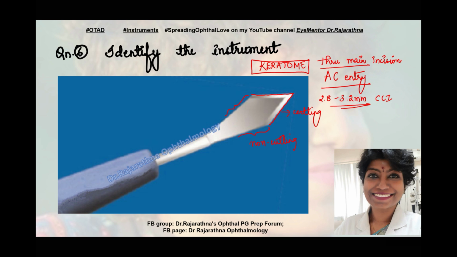Now for SICS, if you use this, later you'll have to again extend the incision when you have to implant the IOL. So then we take another keratome of a little larger size, somewhere between 4.5 to 5.5 if you're putting in a non-foldable IOL, a rigid IOL. Now 2.8 to 3.2, your phacoprobe will go in, and also the injector of your foldable IOL is going to go in. So there is a minimal need to extend, and that extension can be done with this keratome itself.